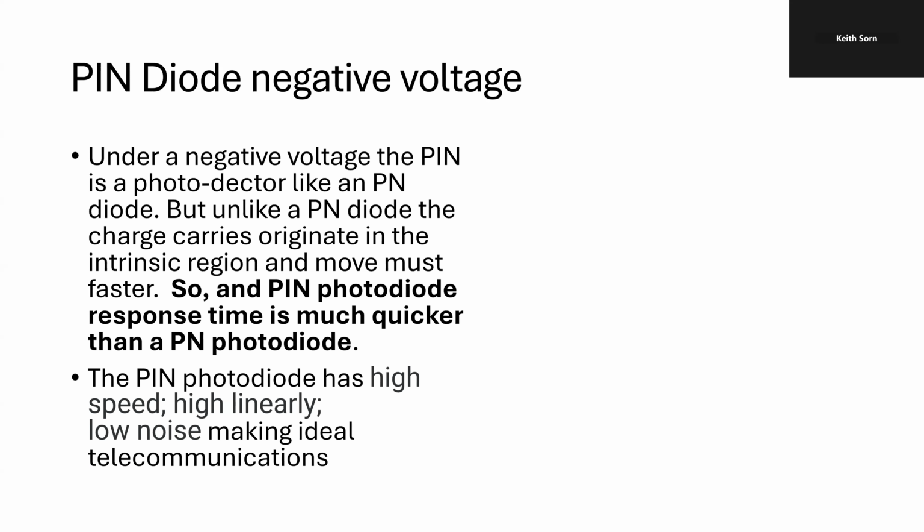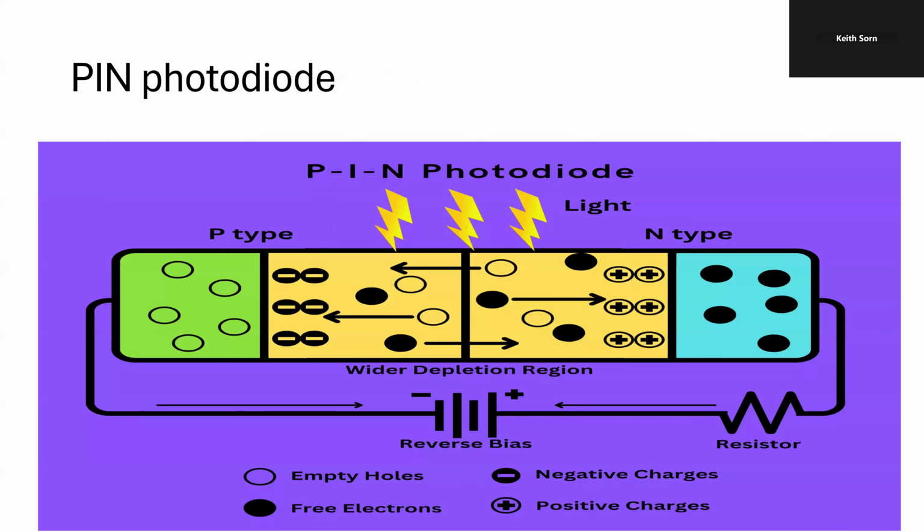All right, PIN diodes have a high speed, just as I mentioned, because the charge carriers are made in the intrinsic region. They're highly linear, which says that the amount of current generated is proportional to the amount of light, something you want if you're measuring something. And they have low noise, low dark current. Here is an example of a PIN diode